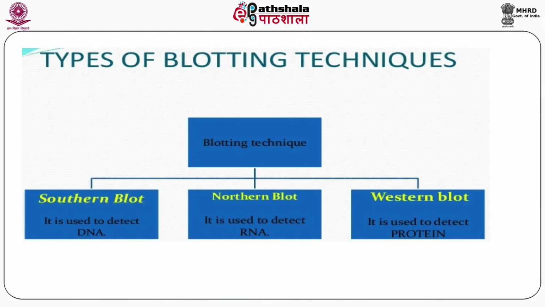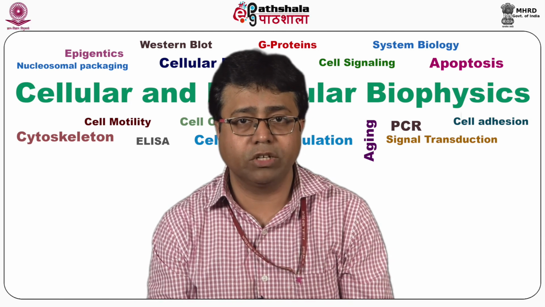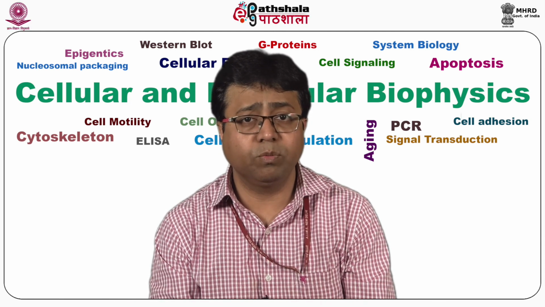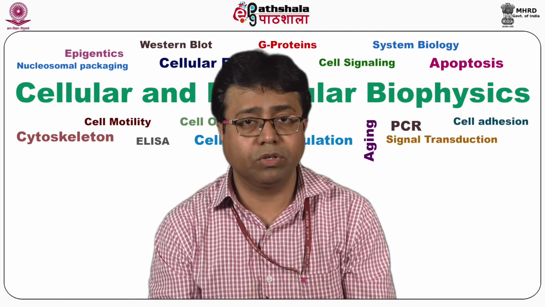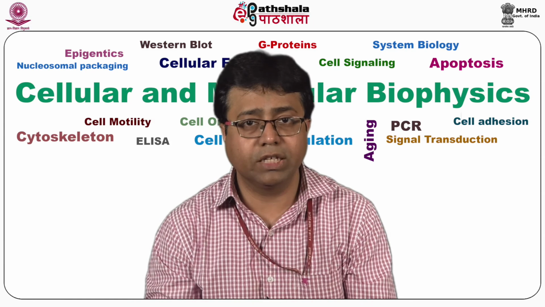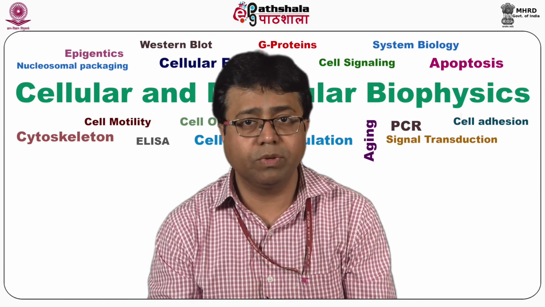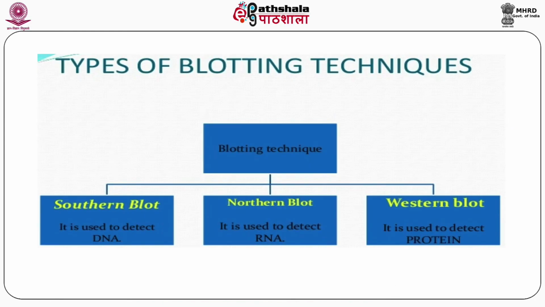As I mentioned, there are three main types of blots, and remember, this is not the complete list. The list is even larger, because there are different variants. The Southern blot has to do with the detection of DNA, the Northern blot with the detection of RNA, and the Western blot, which is most widely applied these days in almost every biology, biochemistry and molecular biology lab. That is a starting point, from which you then ask different questions, and the Western blot is a fundamental junction point from where so many different techniques emerge.